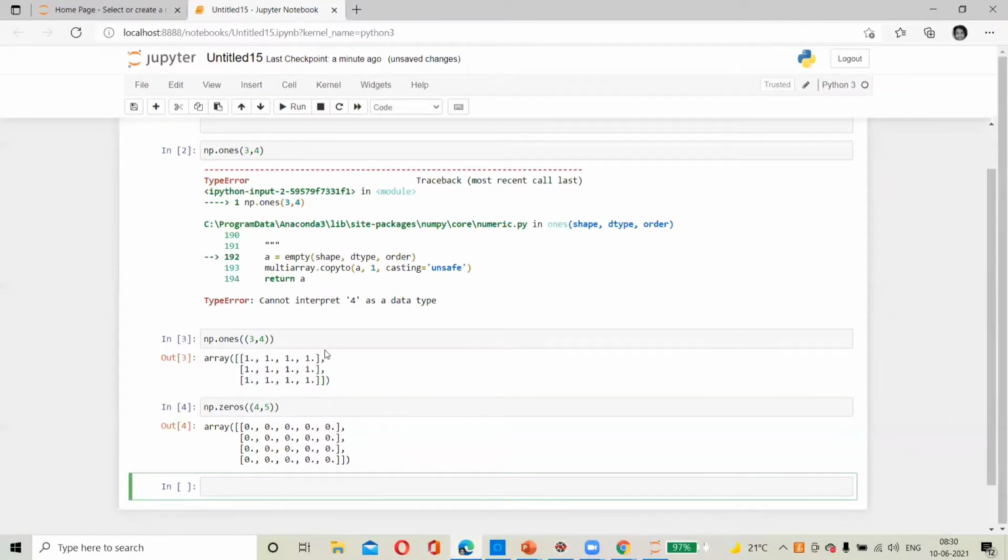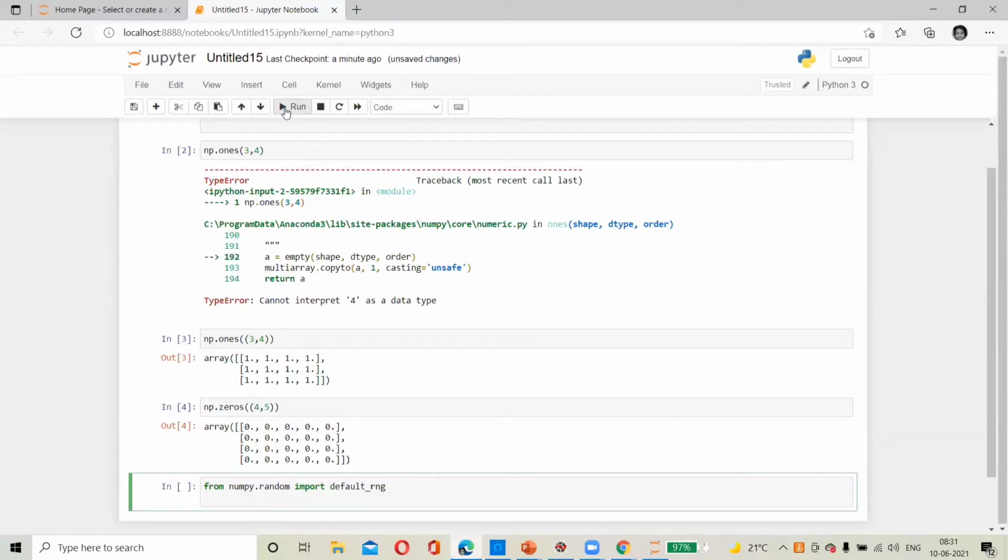Okay. So now we will see how random will work in NumPy. Now see, from numpy.random we'll import one value called default_rng.